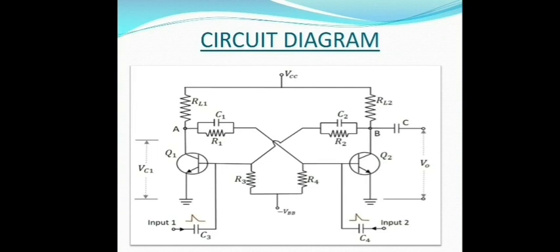It has two transistors Q1 and Q2, which are identical but different characteristics. The bases of these two transistors are shorted to earth. Collector of transistor Q1 is connected to the base of the transistor Q2 through a capacitor C1 and a resistor R1. And similarly, the collector of transistor Q2 is connected to the base of the transistor Q1 through a capacitor C2 and resistor R2. These capacitors C1 and C2 speed up the transition.